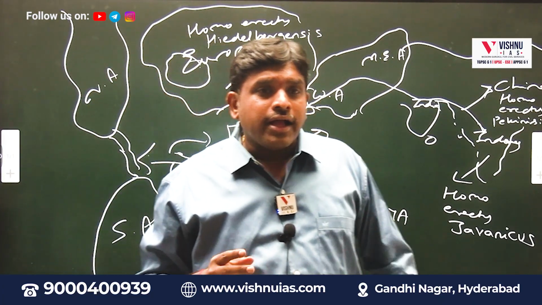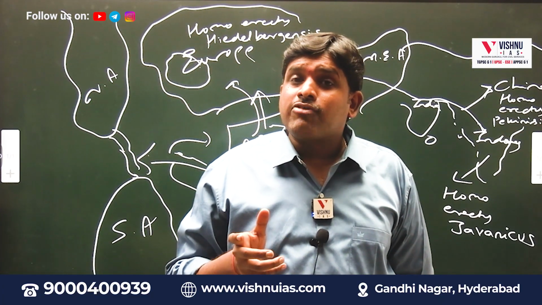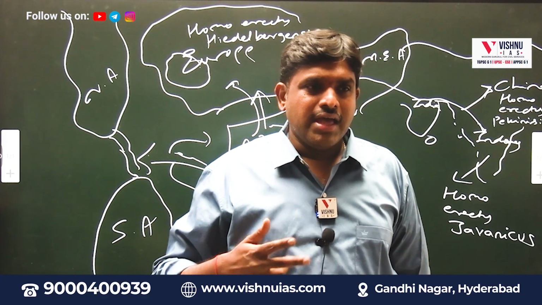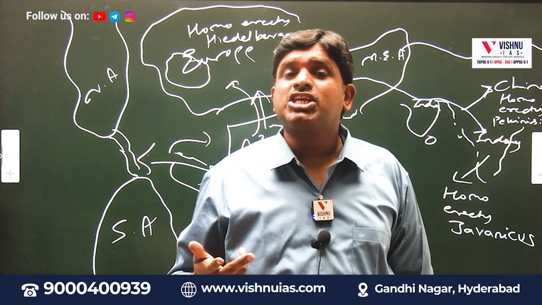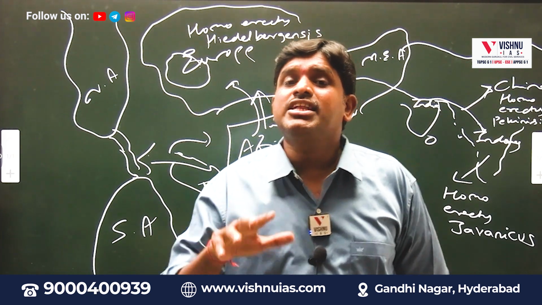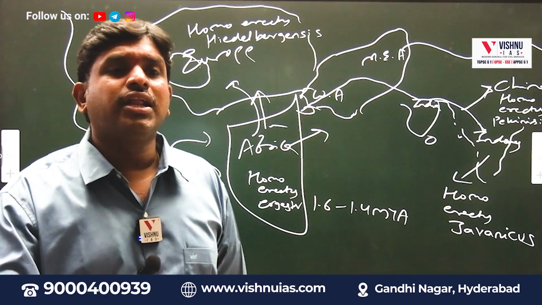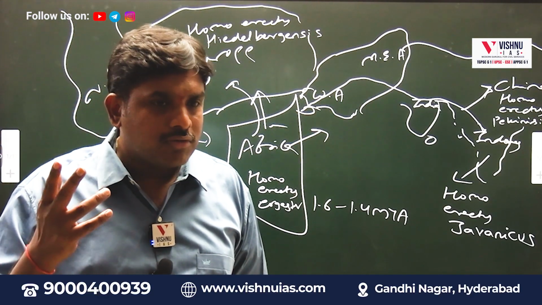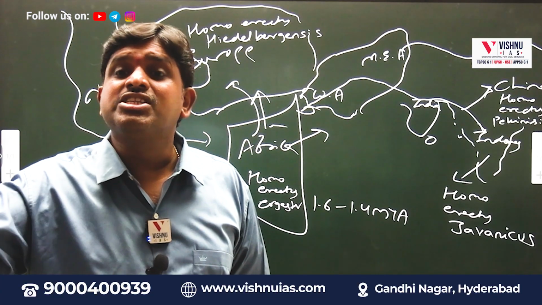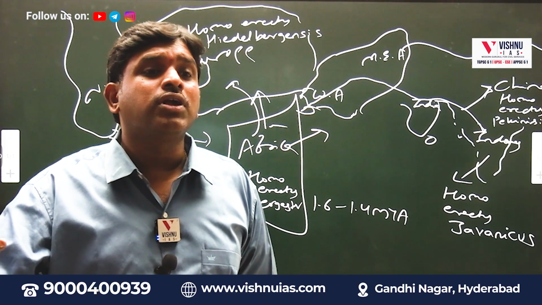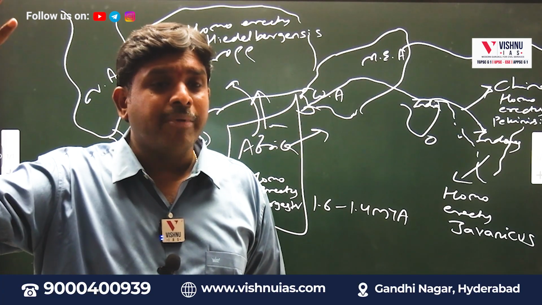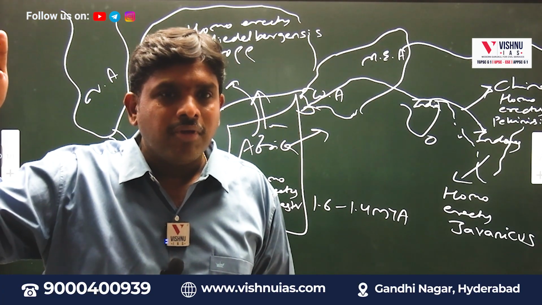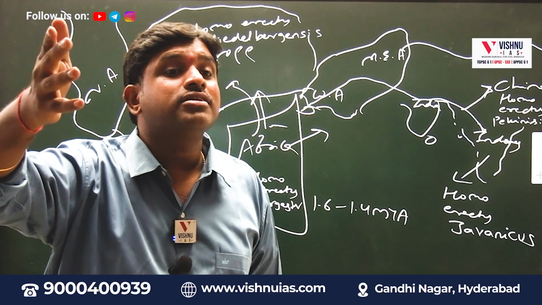So first Homo erectus evolved in Africa by the name called what? Homo erectus ergaster. As the temperature increased, Homo erectus ergaster could not survive in Africa, hence he started in search. Now suddenly the temperature has increased and the AC has stopped, closed. Whether you will stay or you will go out, you go out. And if the temperature is increasing on the road also, still you will run. You go to your hostel, and if it is hot, you will try to go to your home. In your home also, still you are in search of a place where you can survive.